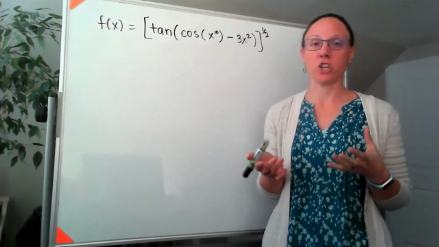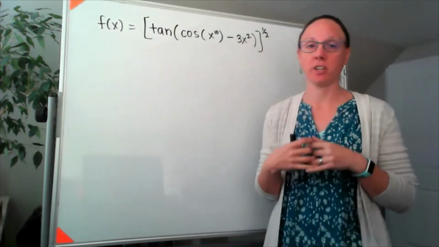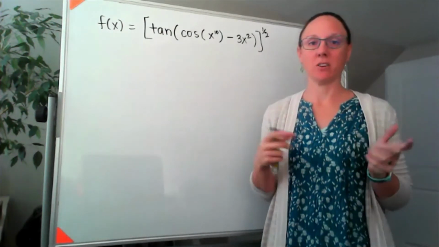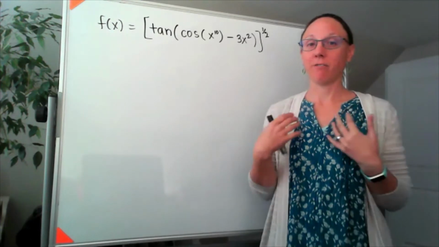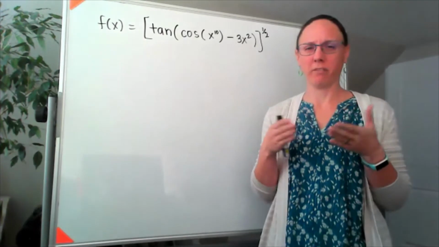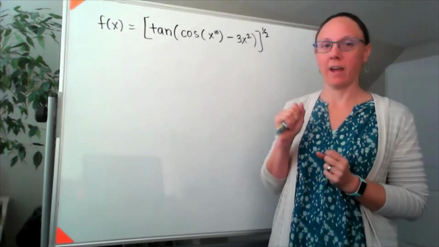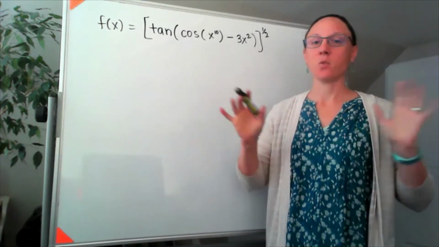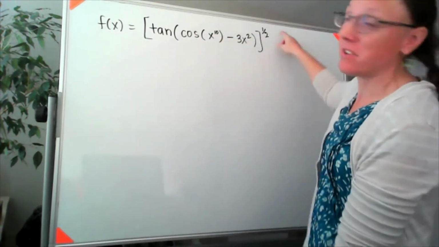When we're working on chain rule problems that have functions inside of functions inside of functions, we work from the outside in, like we're peeling layers off of an onion. And when I work from the outside in, for me personally, one of the hardest things is keeping track of what we've already taken derivatives of. So I actually give myself check marks along the way so that I remember I dealt with the derivative of that part. So if I stand back and I look at the entire function, I've got stuff to the 1/2